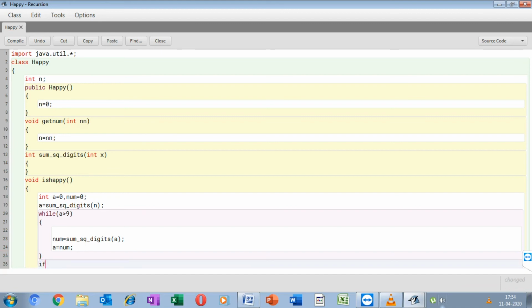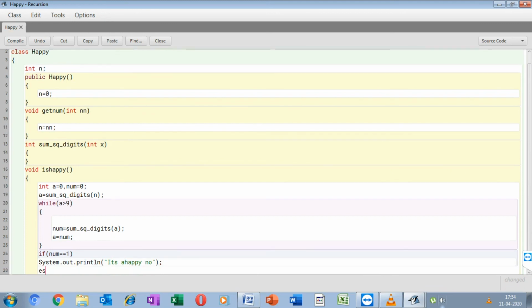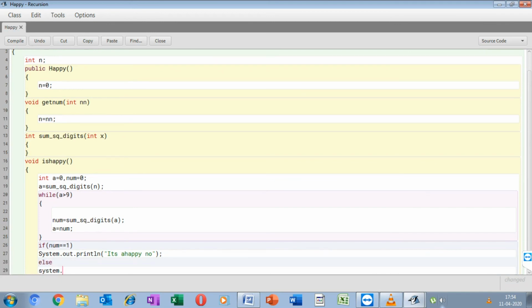num is going to point at 1. I'm simply going to write System.out.println("it's a happy number"), else System.out.println("it's not a happy number"), and I'm going to close